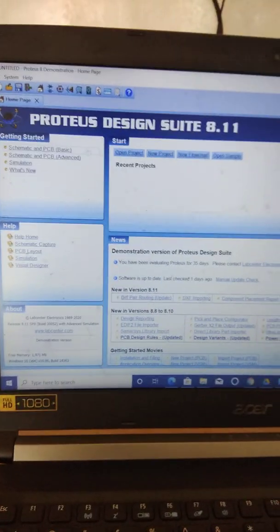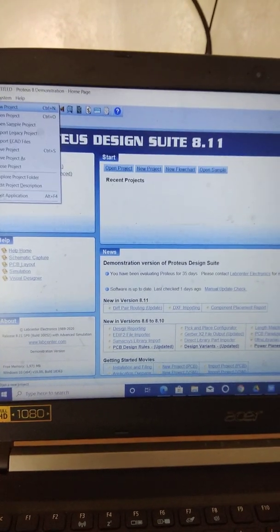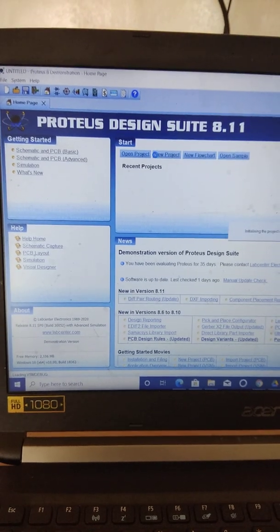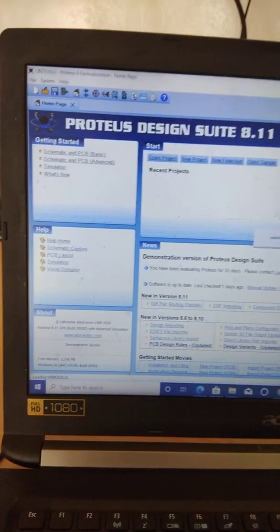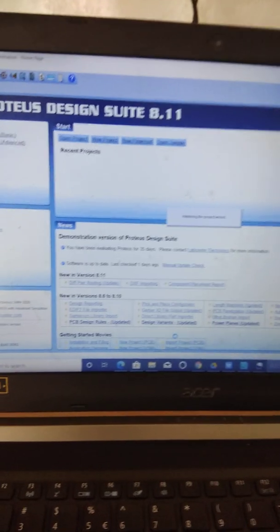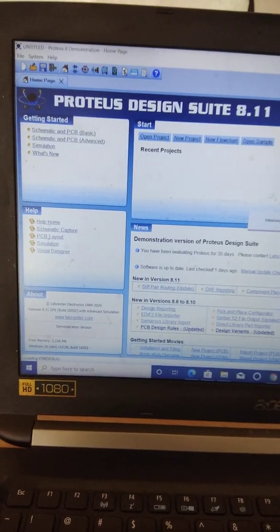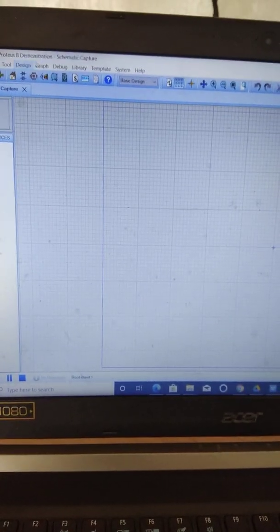In Proteus software also, this is the interface for Proteus Design Suite 8.11. So in Proteus software we can follow the same procedure.